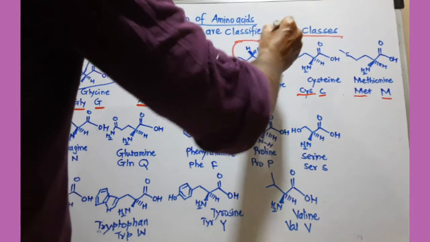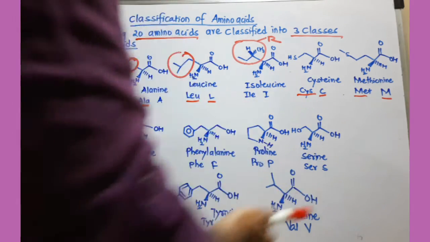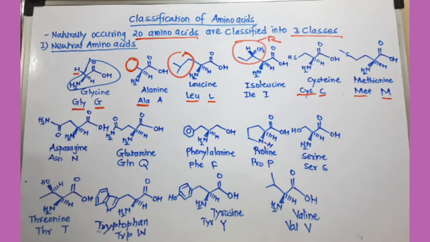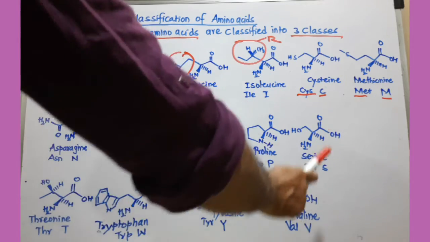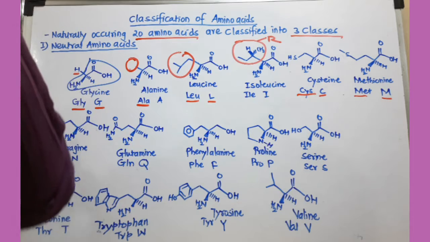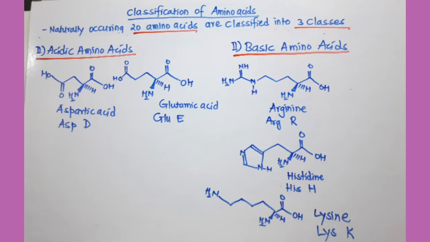So if you want to remember all these structures of amino acids, then you have to remember this side chain. Once you remember that side chain, you can remember their names. So under the heading of neutral amino acids, out of 20 amino acids, 15 amino acids are neutral amino acids. Now the second class is acidic amino acids, where two acidic groups are present,